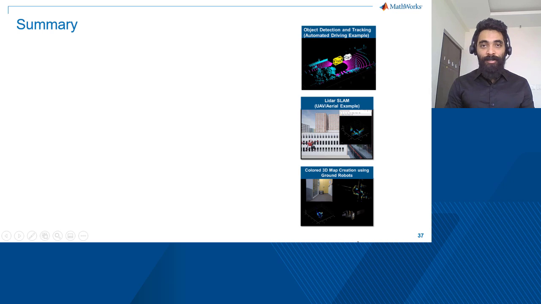So we have showcased how to use MATLAB to build LiDAR processing systems for different application areas of automated driving, robotics, and aerospace.